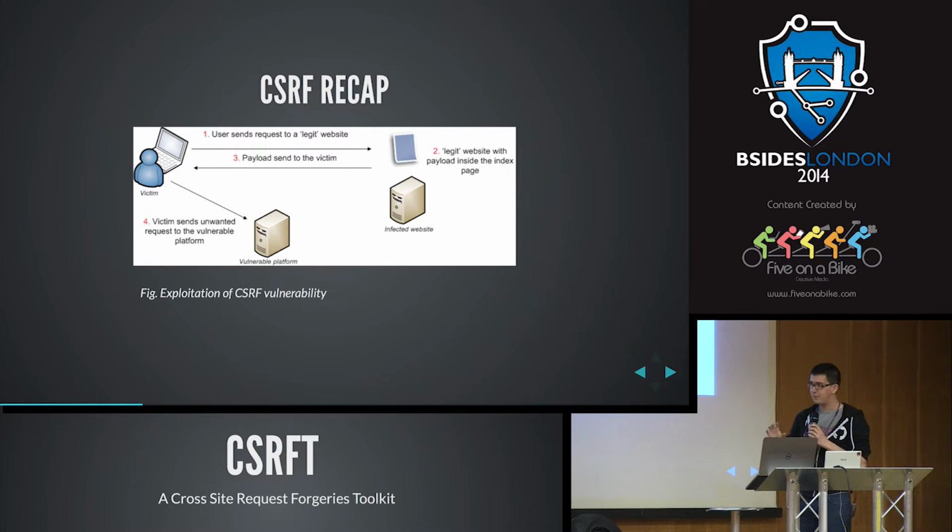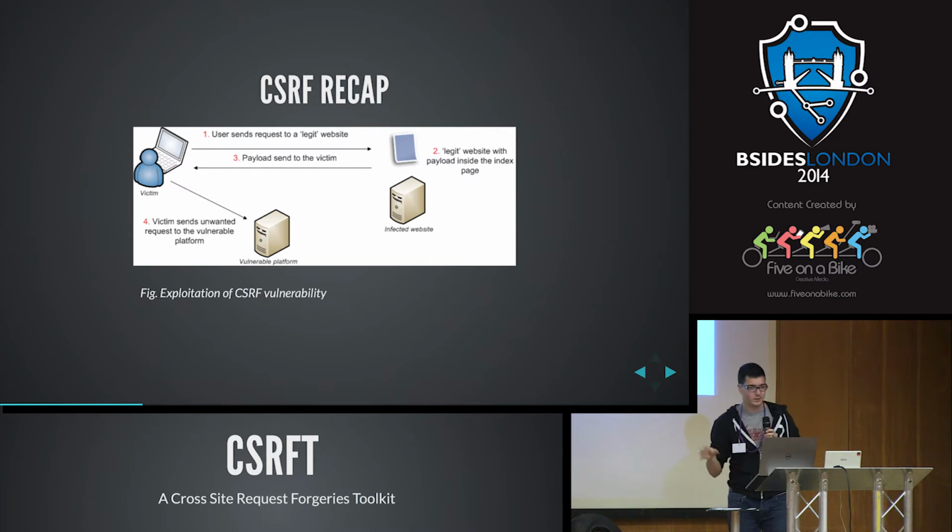So if we take a basic scenario, the user is going to send a request to a legit website, or doing some social engineering or something. You will send a link. You're going to click on it. There will be some malicious payload on the website. The payload will be sent to the victim, and then he's going to send an unwanted request